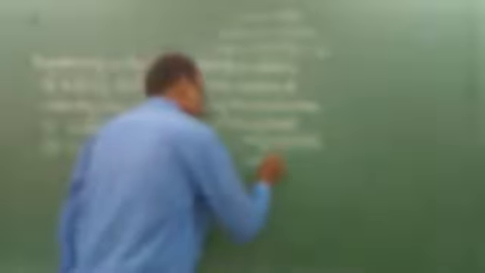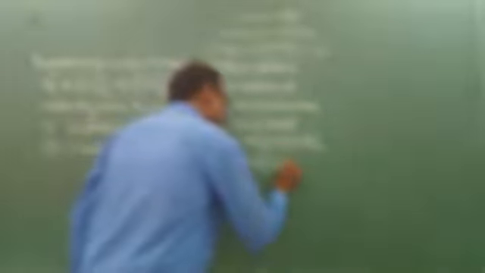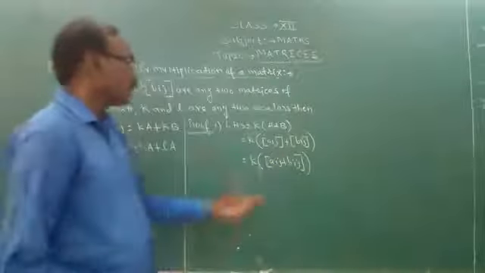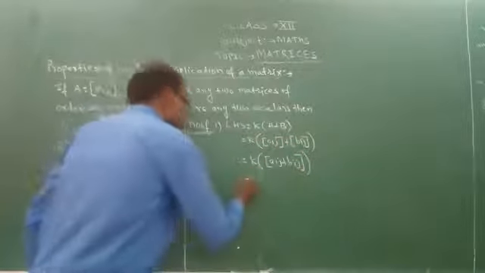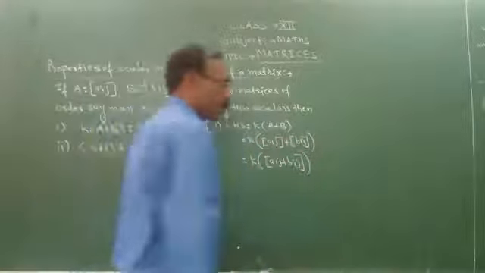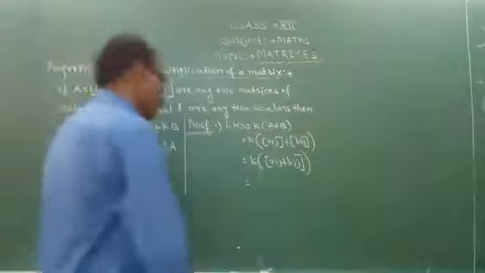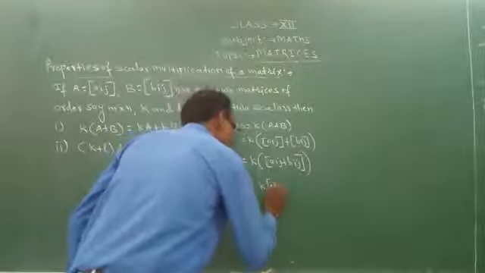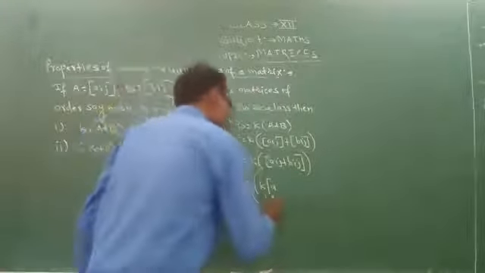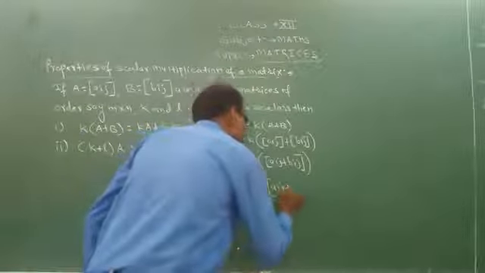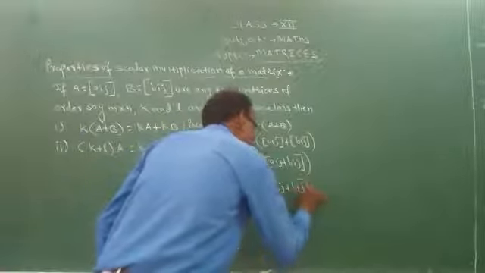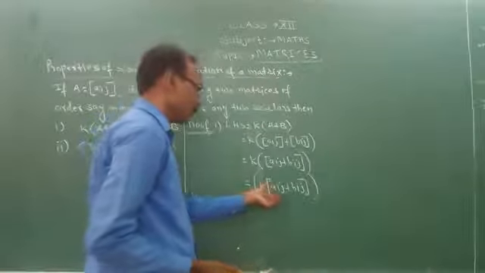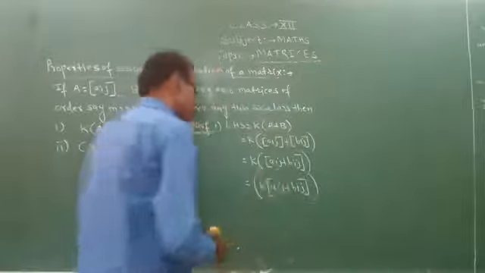Two matrices, so this will be Aij plus Bij. That is complete. I have taken the addition of these two matrices here. We know that we can multiply the given matrix by a scalar number. So it will be K into the matrix, or I am writing this as K into Aij plus Bij.